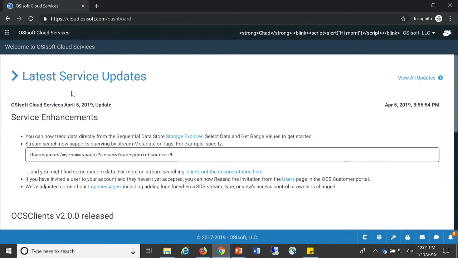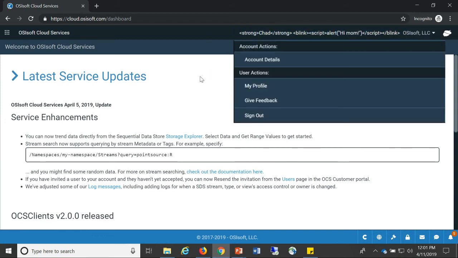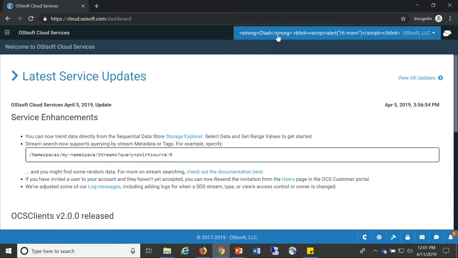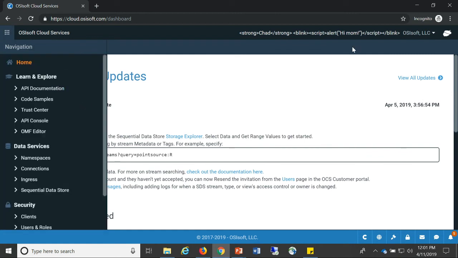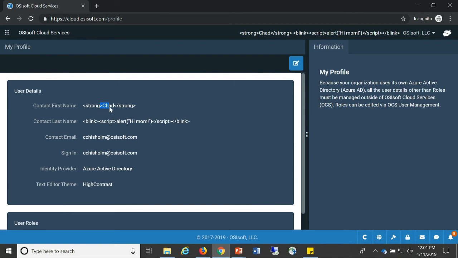Yeah. So that's one thing you have to do, is make sure you know how to use the sharp tool. Wow, that's interesting. What's that? Oh, this thing? Yeah. Oh, that was me testing. I logged into a different account completely. Sorry. Yeah, this is just me testing, giving myself a name and seeing if it actually executes. Sorry, it didn't work. But some stuff does. Like if I go to my profile, oh, it stripped all that stuff out. Yeah, it doesn't blink. Anyway,